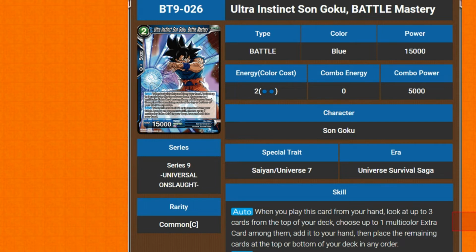Alright, so we've got Ultra Instinct Son Goku Battle Mastery. It costs 2, it being blue. It's got 2 autos. The first one is when you play this card from your hand, you can't play it from anywhere else to get this. You look at the top 3 cards of your deck, you choose up to 1 multicolour extra card from among them, add it to your hand, and put the remaining cards on the bottom of your deck